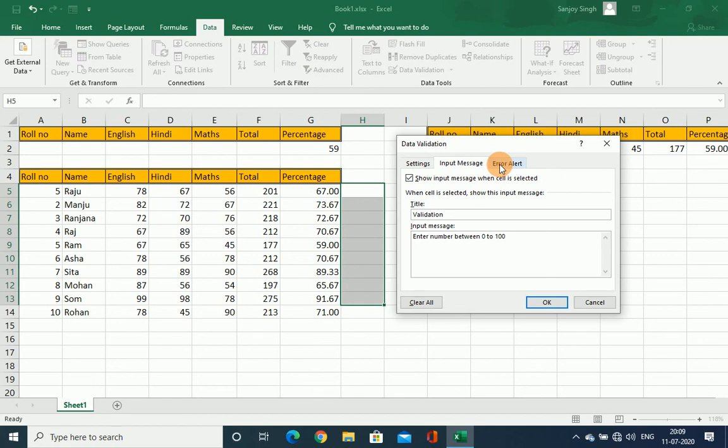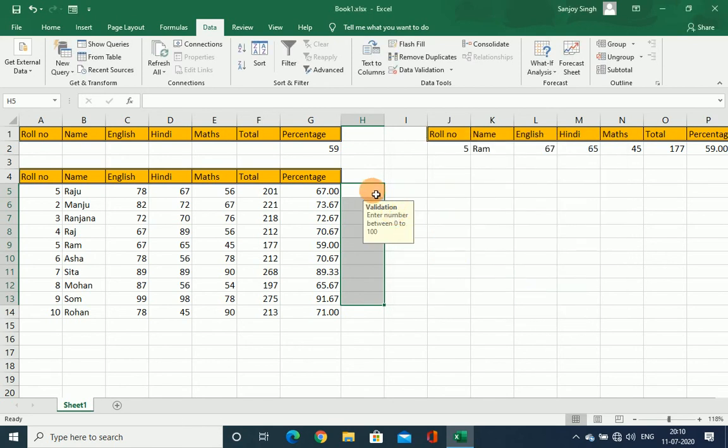Now in the error alert, what is the meaning of error alert? The error window or error pop-up will appear if a user gives any wrong input. So in the error message I want to show the user wrong input. So I have set all the things, then click on OK.